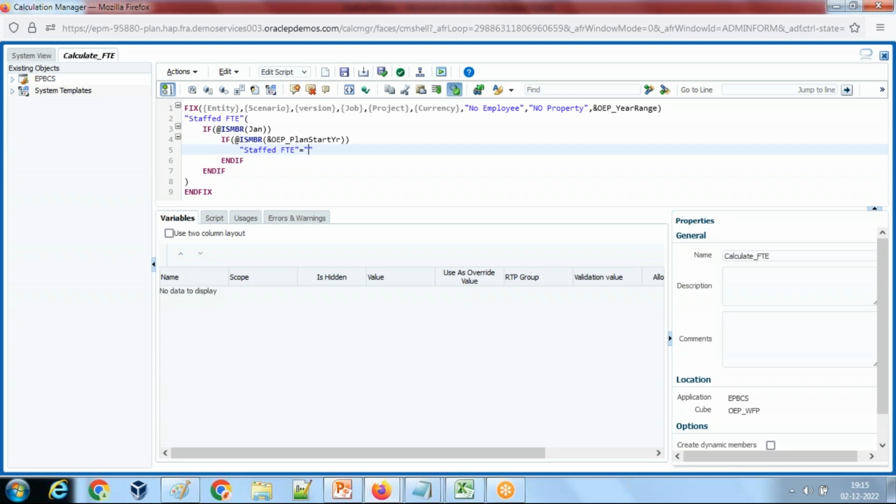It will take previous year December month. Previous year Staff FTE intersection with, it will take the actual value of previous year December. I use December hard coded for previous year with a variable called ampersand OEP prior year,